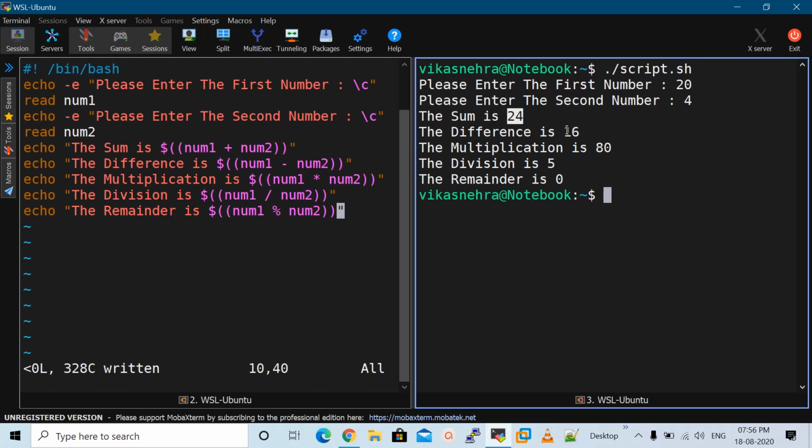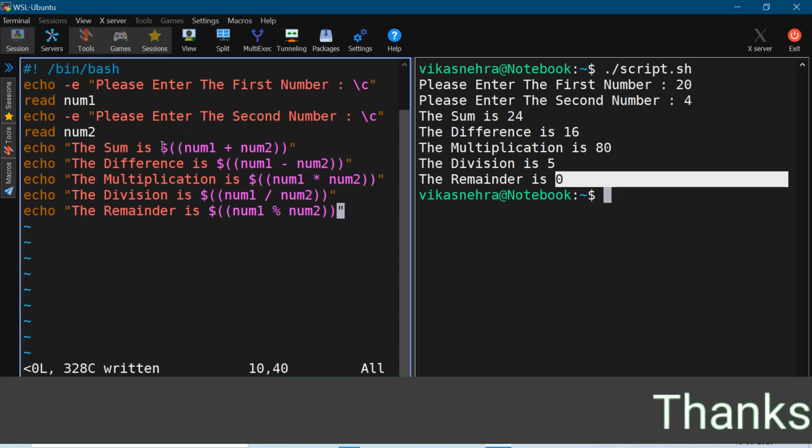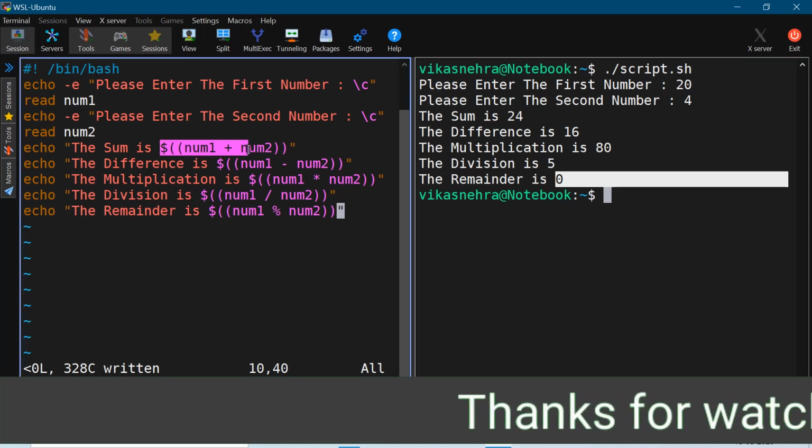The difference is 16, so that is also correct. The multiplication is 80, 20 into 4 is 80, that is also correct. The division is 5, 20 divided by 4 is 5, and the remainder is 0. If we divide 20 by 4, then we will get the remainder as 0. So our operators are working perfectly fine and we are getting the result.